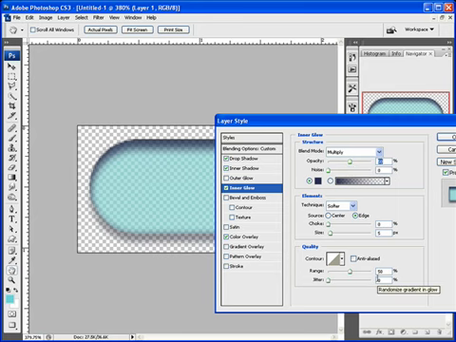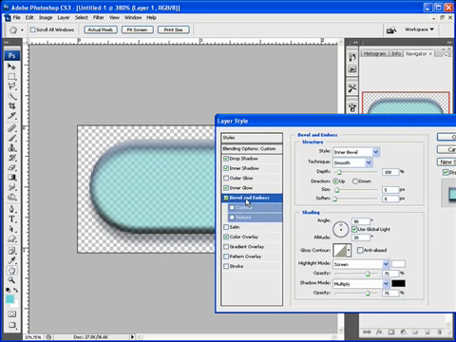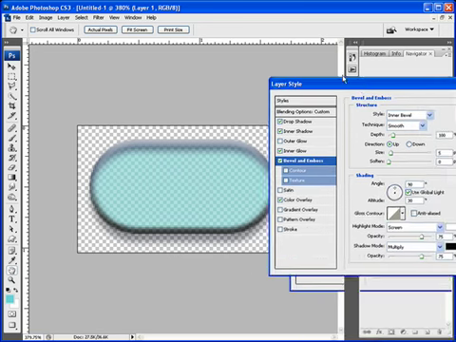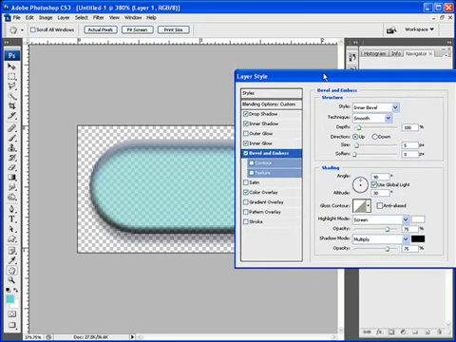Now we need to add some highlights, and we're going to do that with good old bevel and emboss. Only here, the default options are kind of lame. So what we're going to do